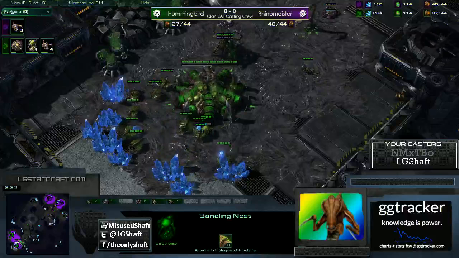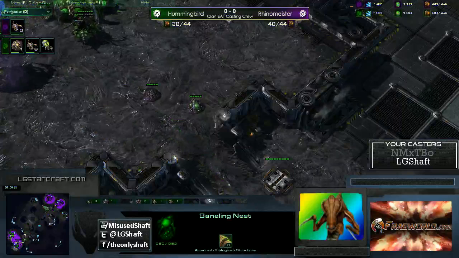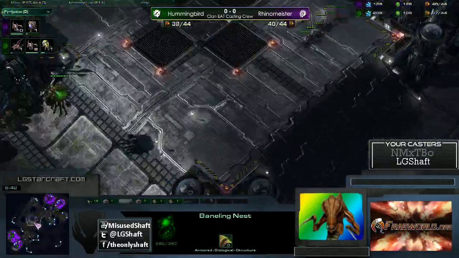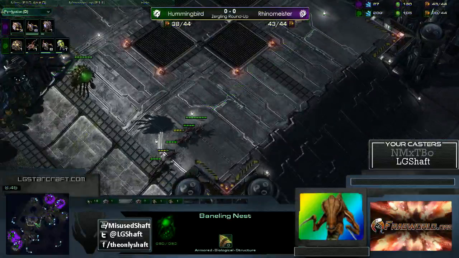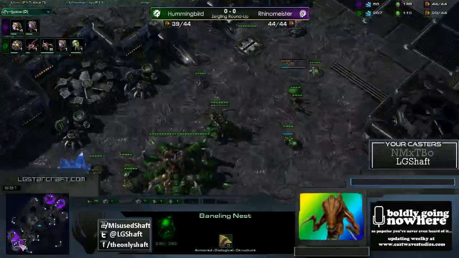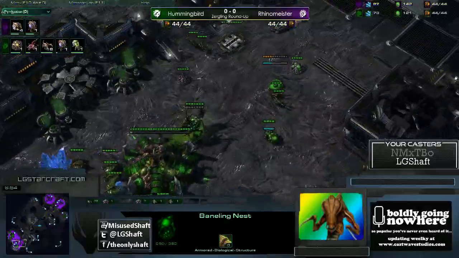Oh, so we have Rhino going for a big attack here. Lots of lings being produced. We have 19 on the field already and another 10 on the way. And we have the baneling nest already done, so of course, banelings, spine crawler, and more speedlings being produced now by Hummingbird, who should be...